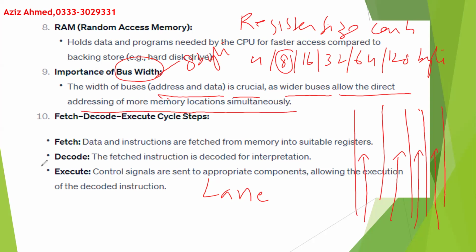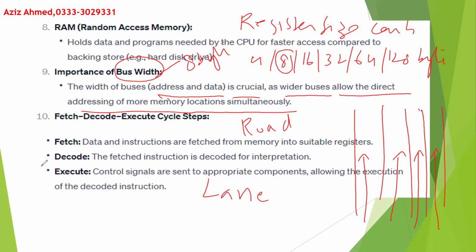Bus width means the same thing. It can be 4 byte, 8 byte, or 16 byte. If you have 8 byte bus width, it is faster than 4 byte bus width. 16 byte bus width is even faster than 8 byte. Got the idea? Whenever we make a road, it is divided into a number of